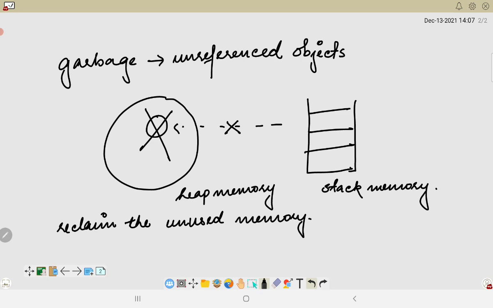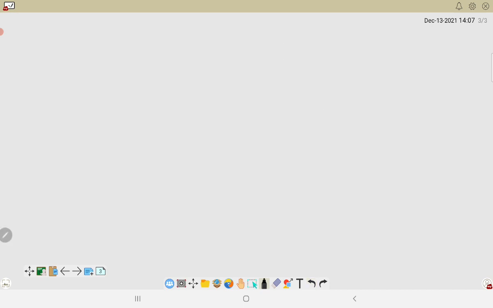If we want to associate a formal definition to garbage collection, we can write it down like this.